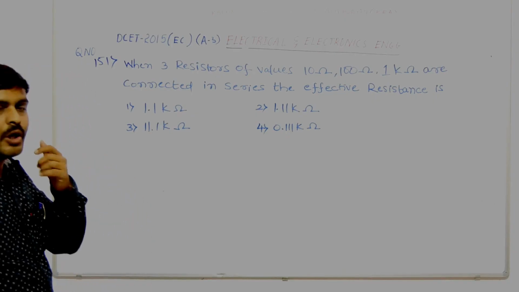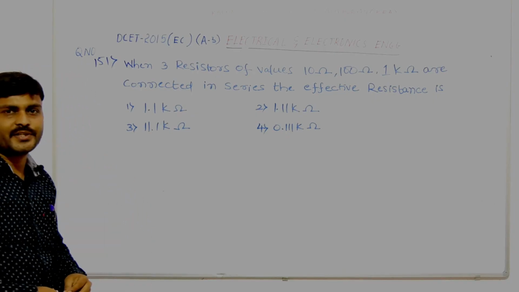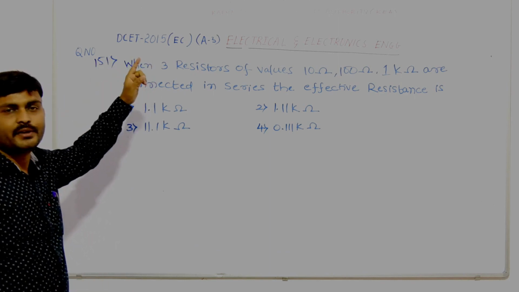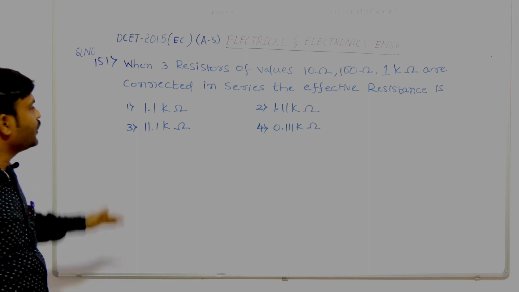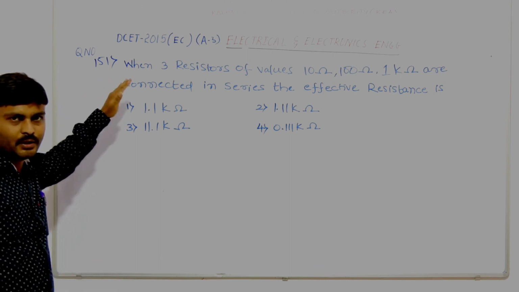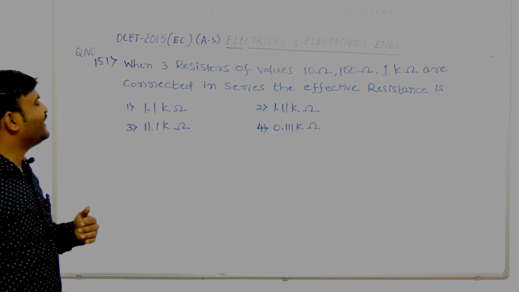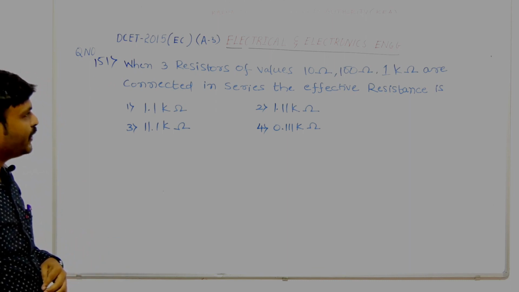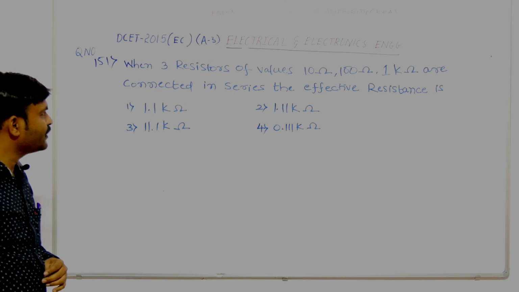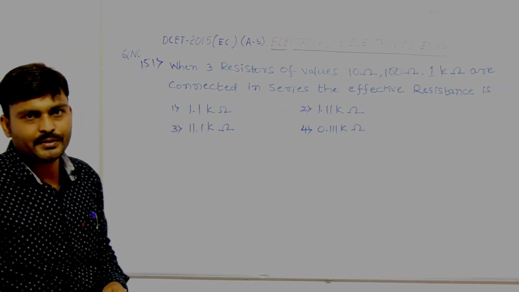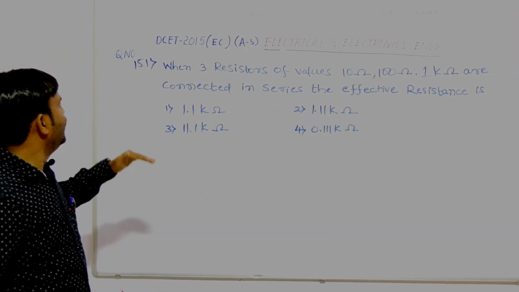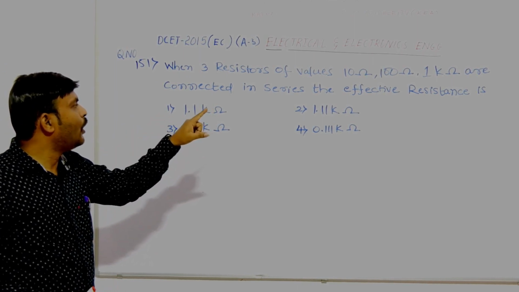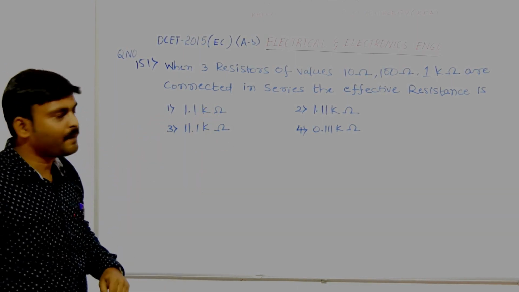Now let us solve one problem on combination of resistors. This question has been asked in DCET 2015 EC A3 series. The question number is 151. The question is, when three resistors of values 10 ohm, 100 ohm, 1 kilo ohm are connected in series, the effective resistance is. Question is like this, and the options are like this: option 1, 1.1k;